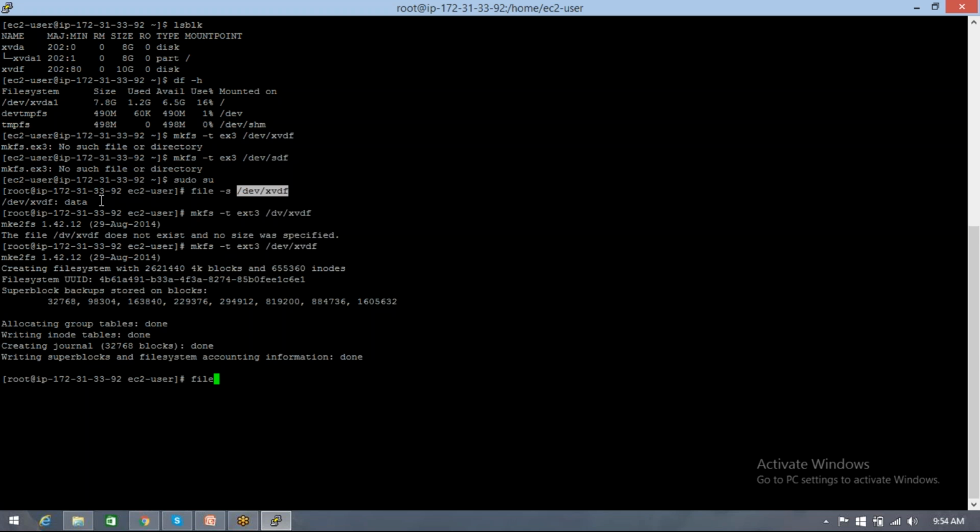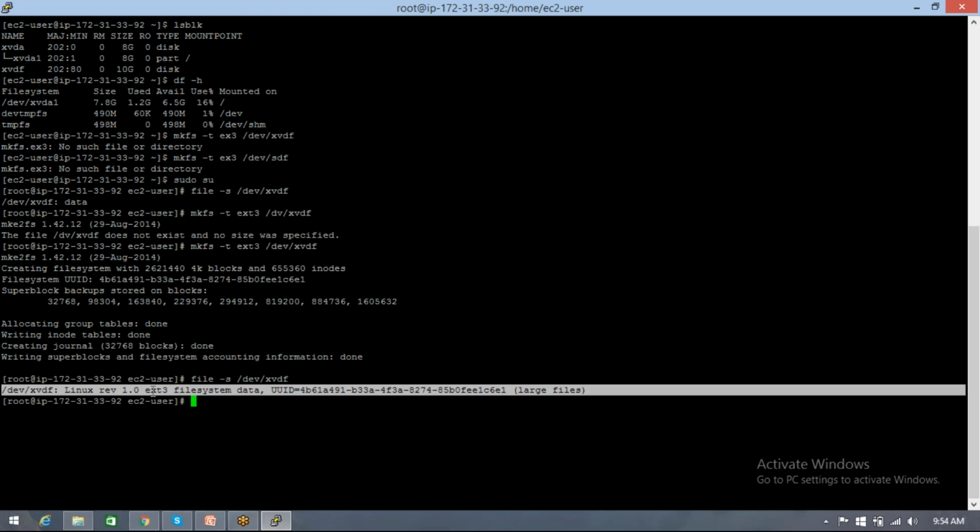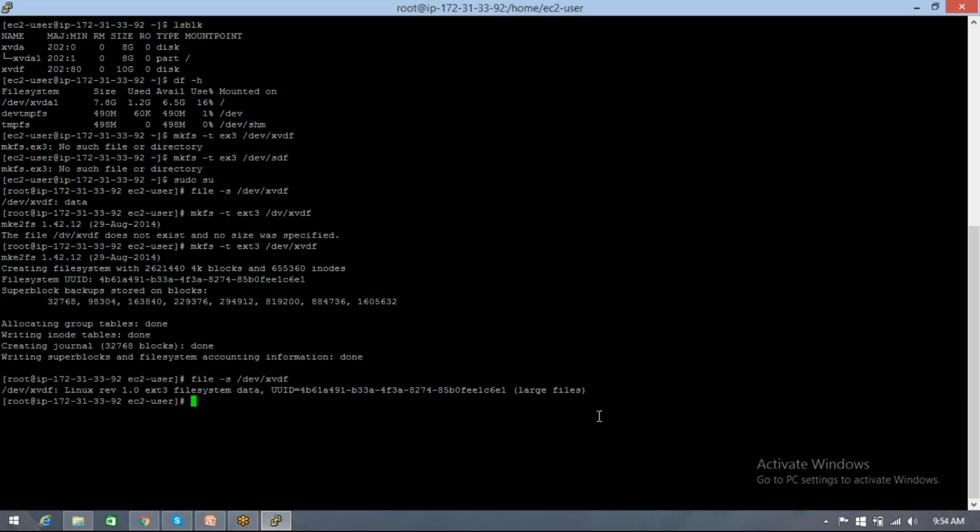file -s. You see, earlier it showed only data, simply data. And now it's showing us the file system, that is ext3 file system data. Fine. Now once this is done, to recognize this and be able to use it, we need to